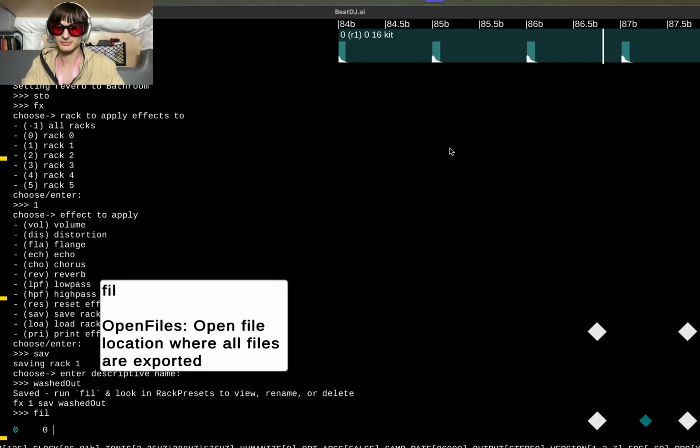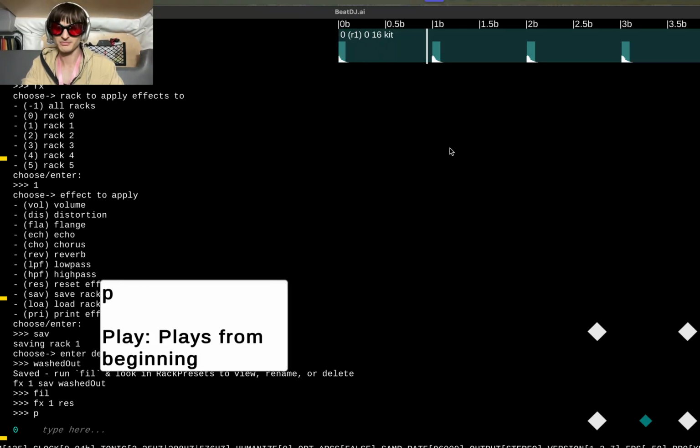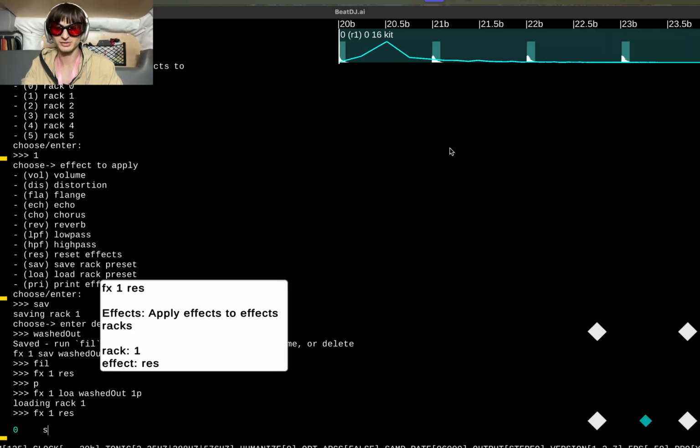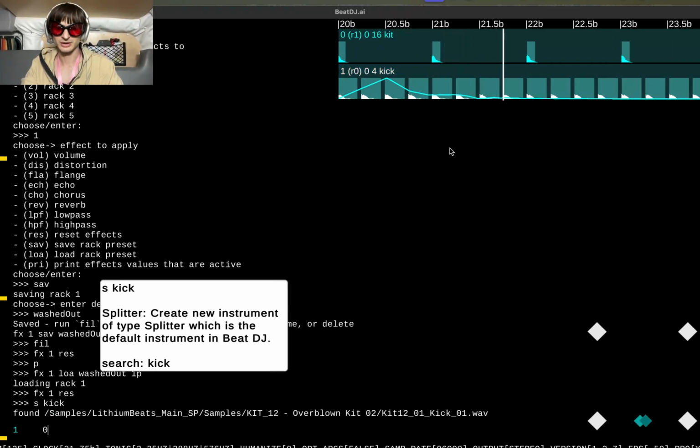So now I can reset. I'll do reset. I have my normal tom. If I want to transition back to the effects, then I do effects 1, load, washed out. And I'm also going to specify transition time. So I'll transition in one phrase. So that's pretty cool because, you know, you could have